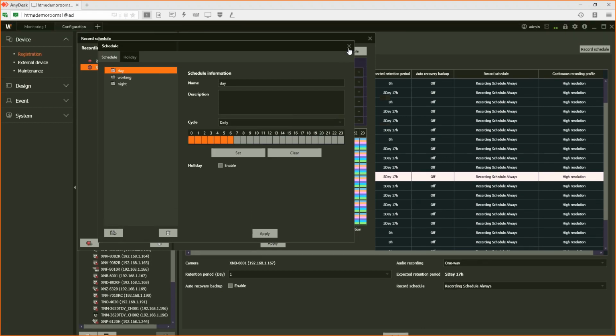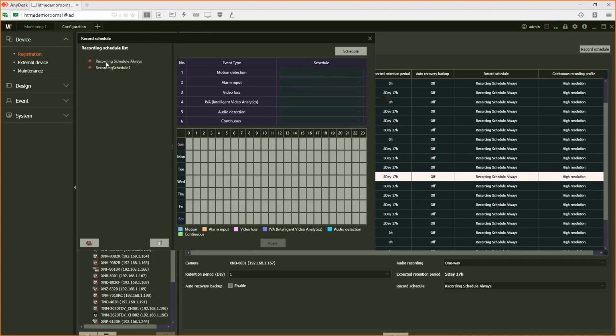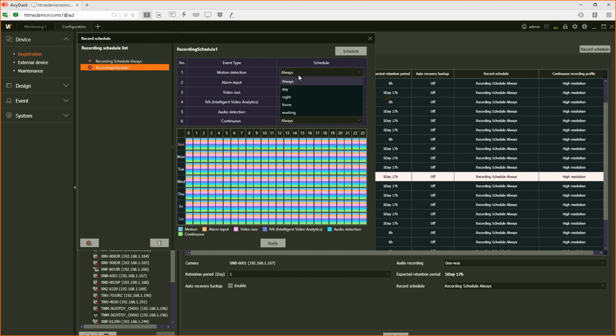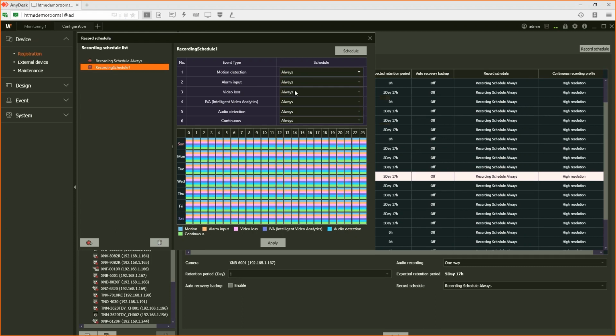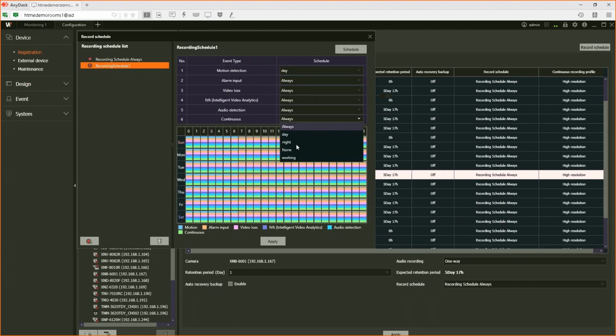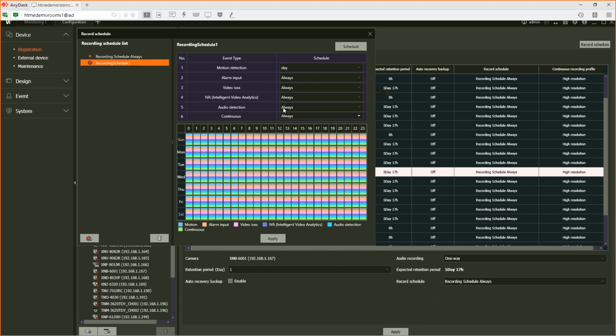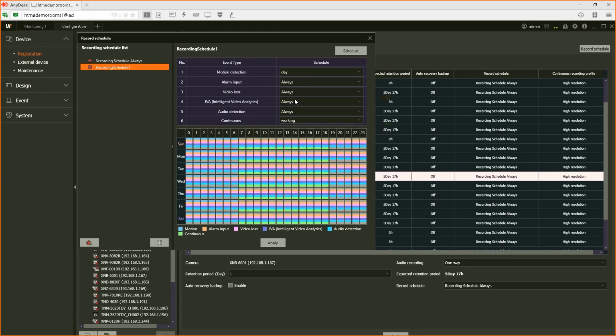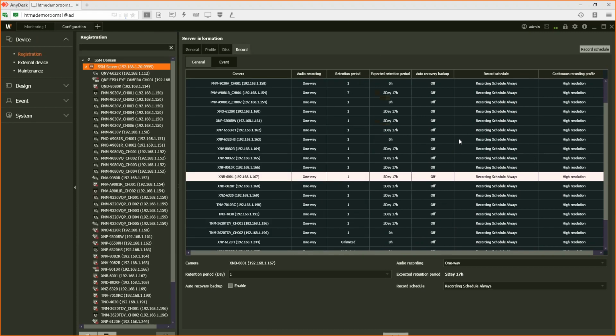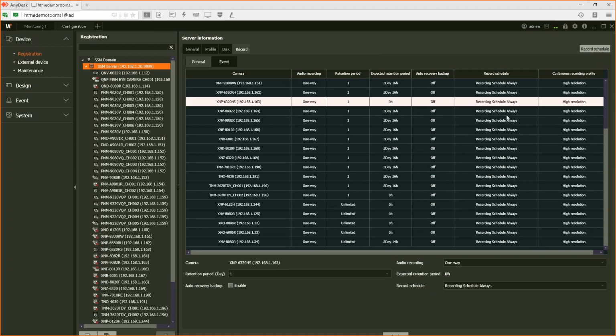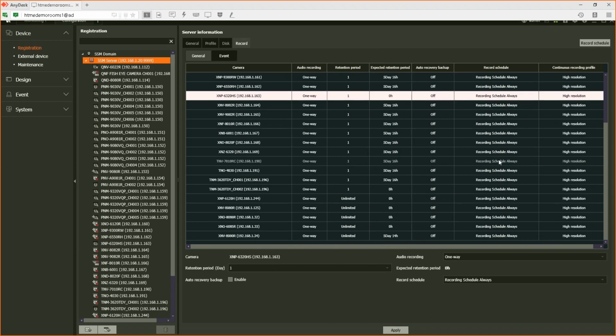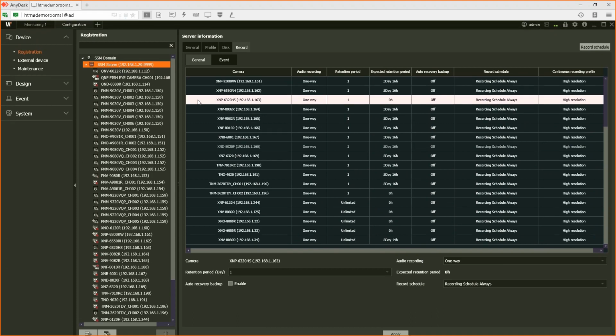Okay, so you can now choose here when to record on motion during day, when to record continuously during the working hours. So you can customize your recording schedule. And not only that, this is your customized schedule. Then you can choose the schedule for each camera separately, right? So that is very deeply customizable.